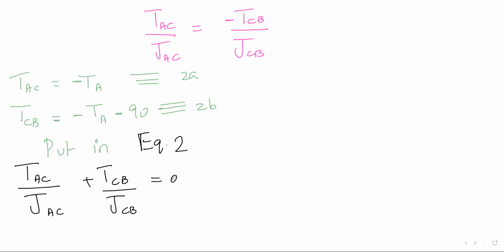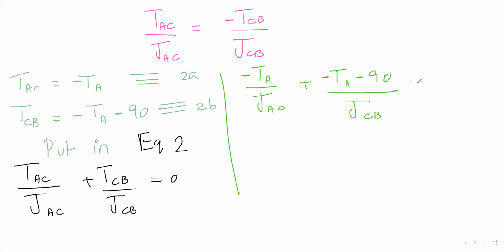Any questions? Yes, what about JAC and JCB? We will write the answer in the form of J's. Or I can give you a diagram. It's not a problem. So now TAC is equal to negative TA over JAC plus TCB is minus TA minus 90 over JCB equal to 0. So now all you have to do is